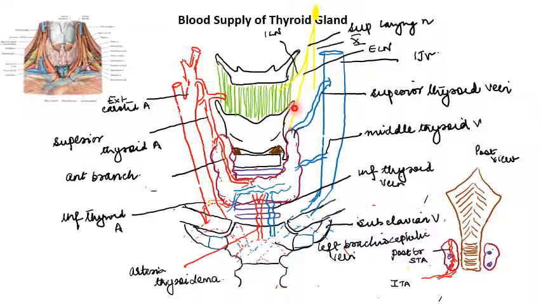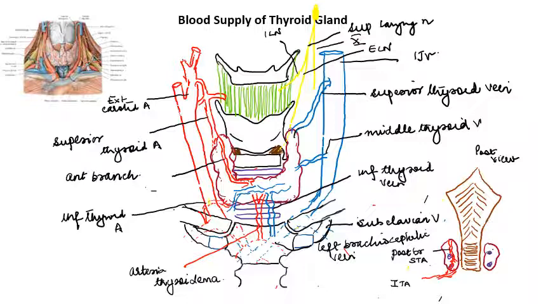But near the apex of the gland, it separates from the gland, runs posterior to the apex, to go and supply the cricothyroid muscle, which is a muscle of the larynx, which is important for tensing the